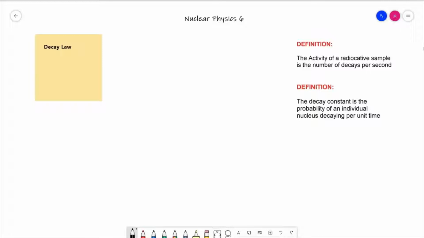Hello everybody and welcome to Nuclear Physics Lesson 6. Now in the last lesson we spent quite a bit of time doing some derivation of the decay law, but